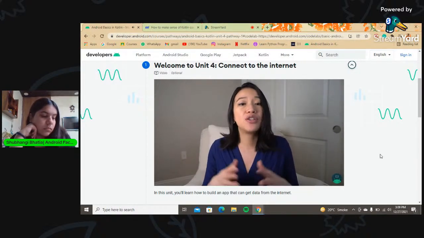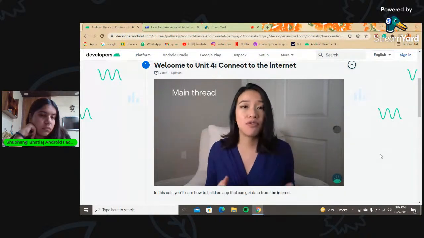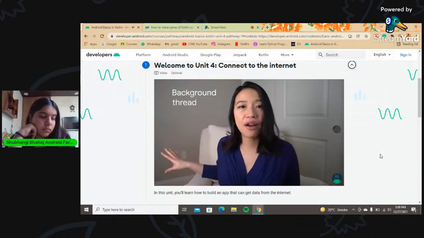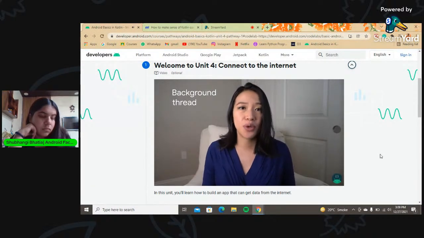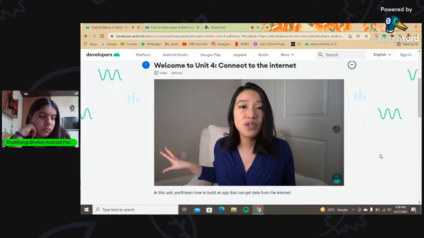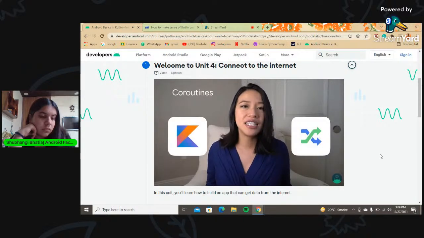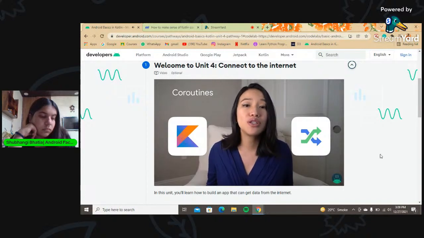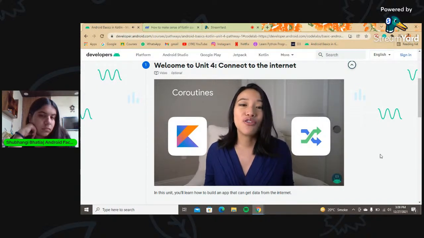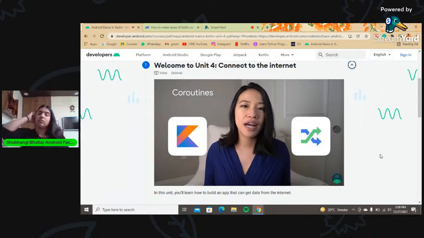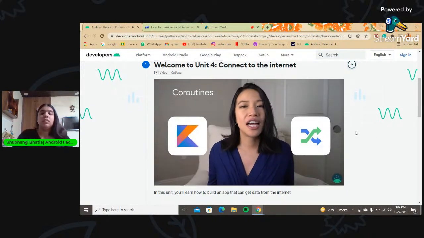Work can be split up into threads. The main thread is responsible for displaying the UI and responding to the user if they click a button or scroll the screen. Meanwhile, we can have a background thread that is doing time-consuming work like making a request for the Mars data. Coordinating between these two threads can be tricky, but luckily, Kotlin offers coroutines as an easy way to perform background work in your app and to write the code in a way that reduces the risk for errors. So you'll first learn about coroutines in the Kotlin playground before applying it within the context of the Mars